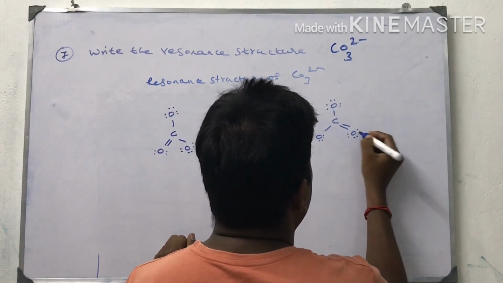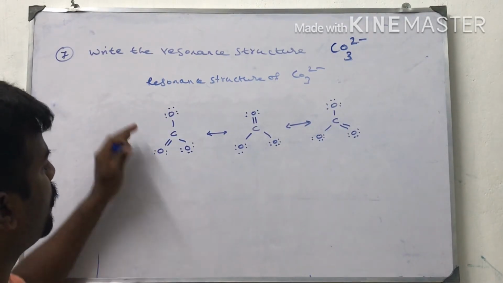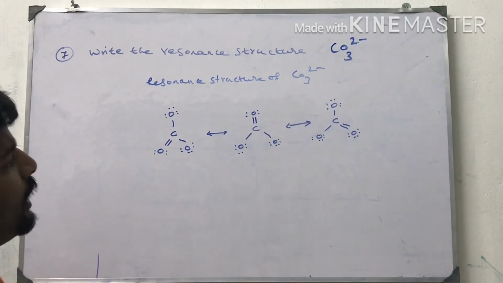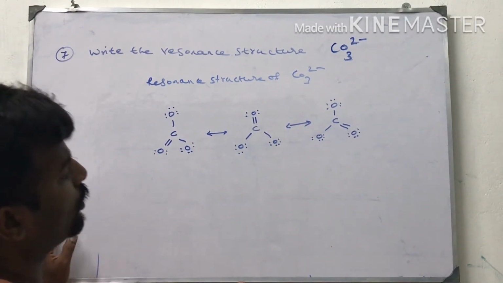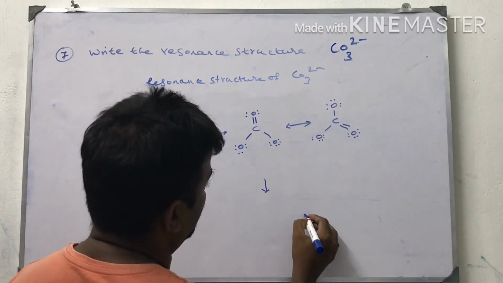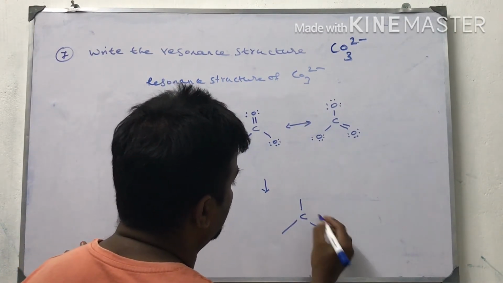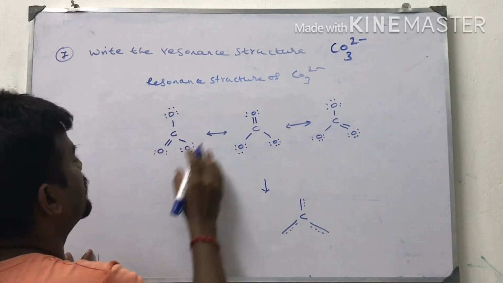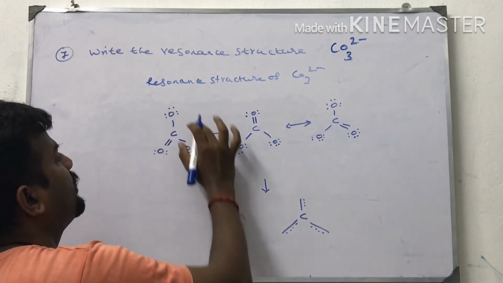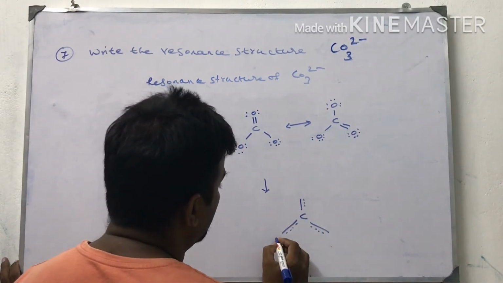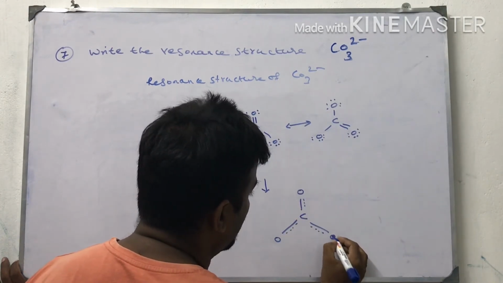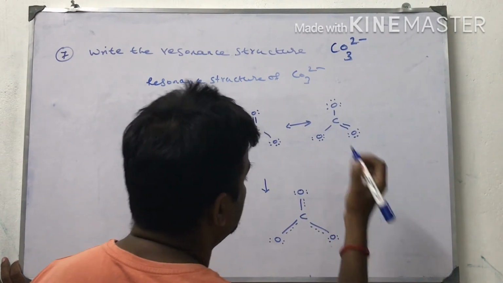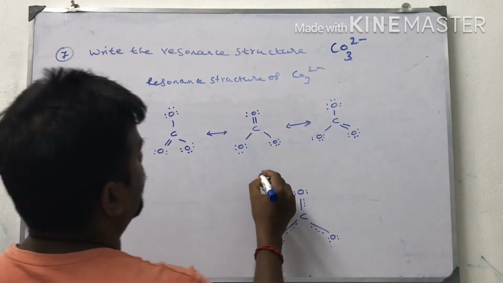Here, in all these resonance structures, the double bond has less bond length compared to the single bond. So theoretically, it is a drawback. To solve this, you get a structure like this. All three bonds have partial double bond character, because the electrons shift here and there across all four atoms. So you get a partial double bond character like this. So this is the final structure of the resonance.